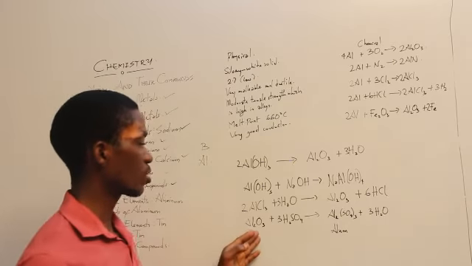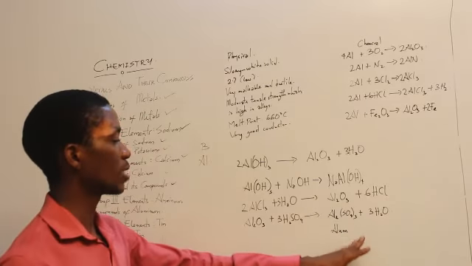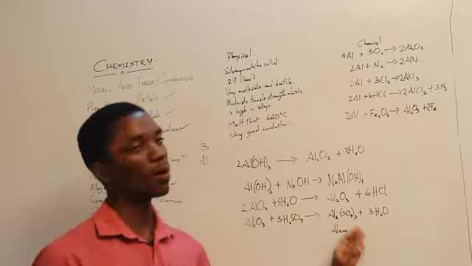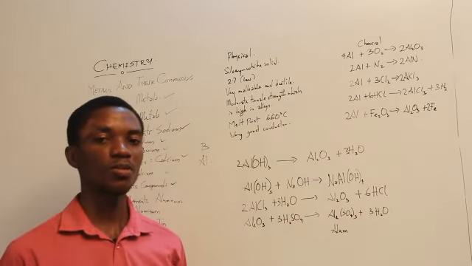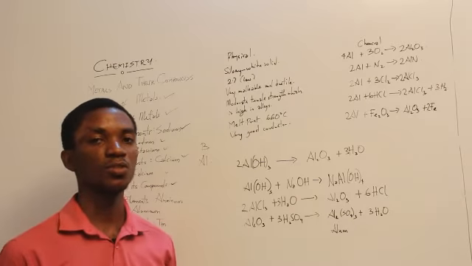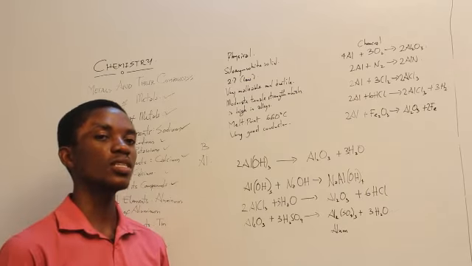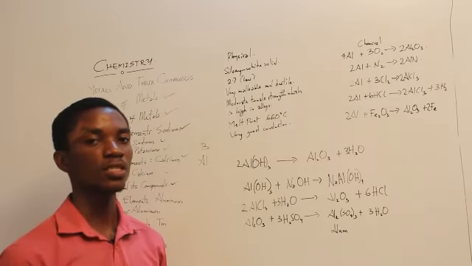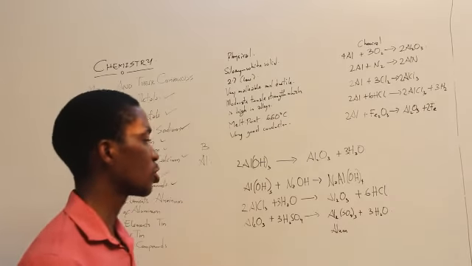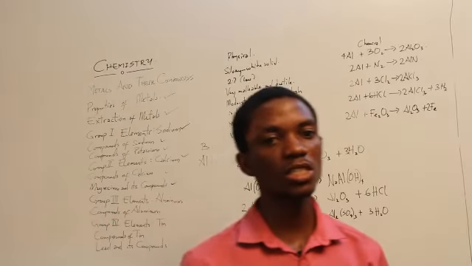Aluminium oxide, of course, reacts with tetraoxosulfate VI acid to produce alum, that's aluminium tetraoxosulfate VI salt, and water. Many of us know alum, potash alum. You put it in your water in your house when you feel the water contains some dirt, and it coagulates the dirt and separates it from the liquid. So that's one of the major functions of alum. And that's it about aluminium and group 3 substances.